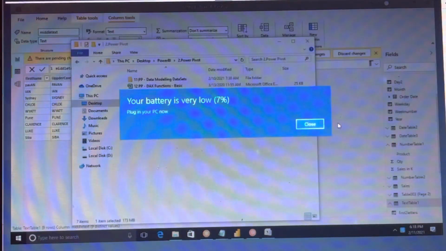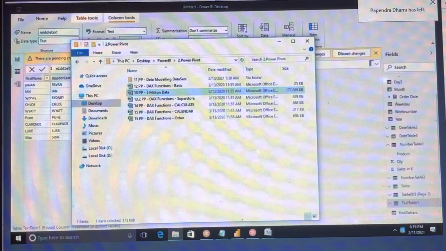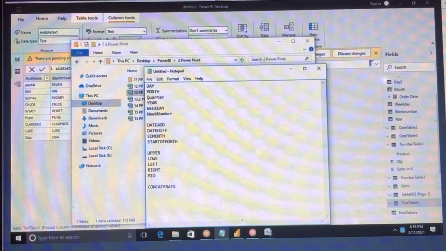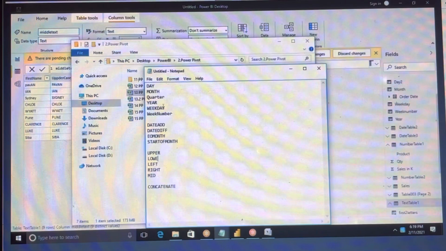We talked about some of the DAX functions, and we have seen how to do the date difference and all. How to take the month and day from the date, and what the quarter is.